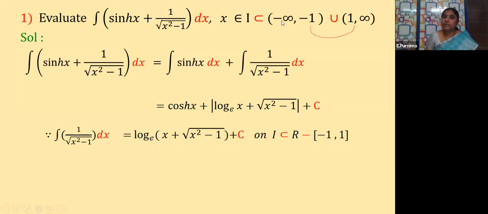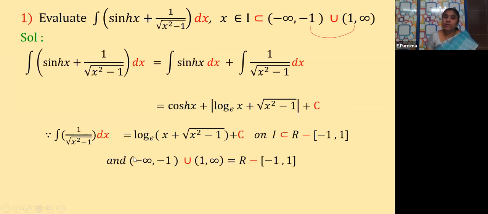But here in our case the interval is written differently, though the meaning is the same. Minus infinity comma minus 1 union 1 comma infinity is nothing but R minus the closed interval minus 1 comma 1. Children, from the real number set, if you eliminate the values from minus 1 to 1, including minus 1 and 1, that's why we write closed interval. Excluding these values, what is left?